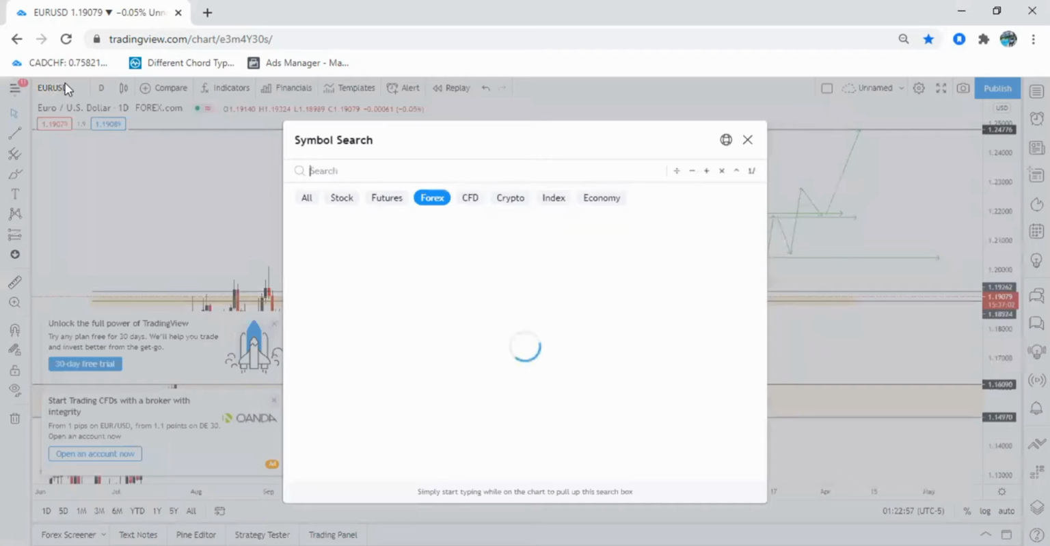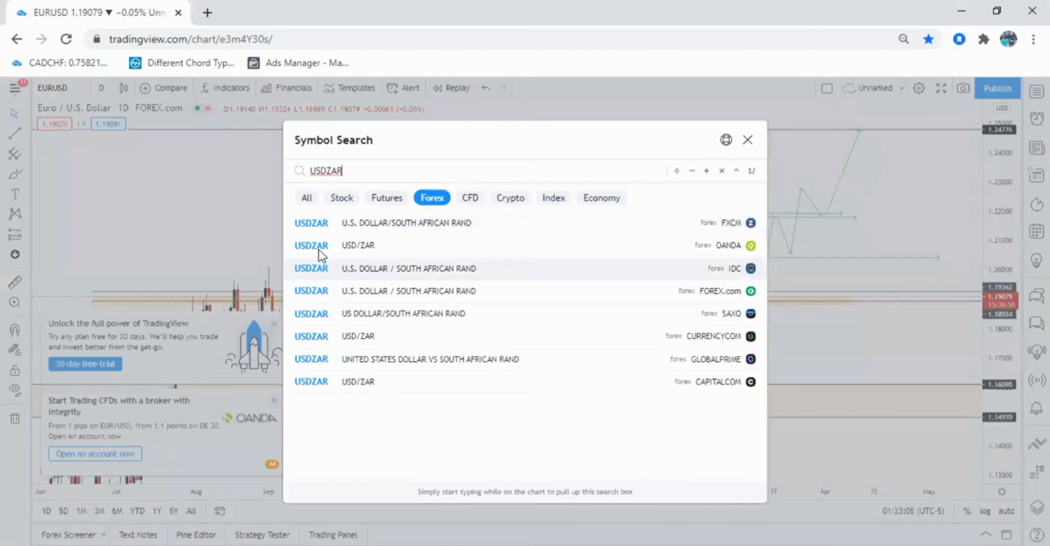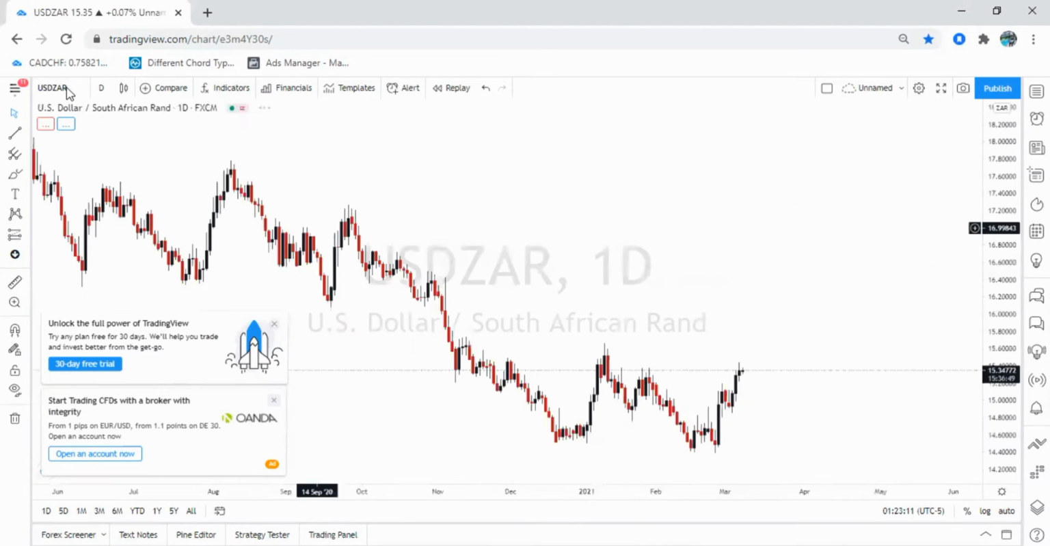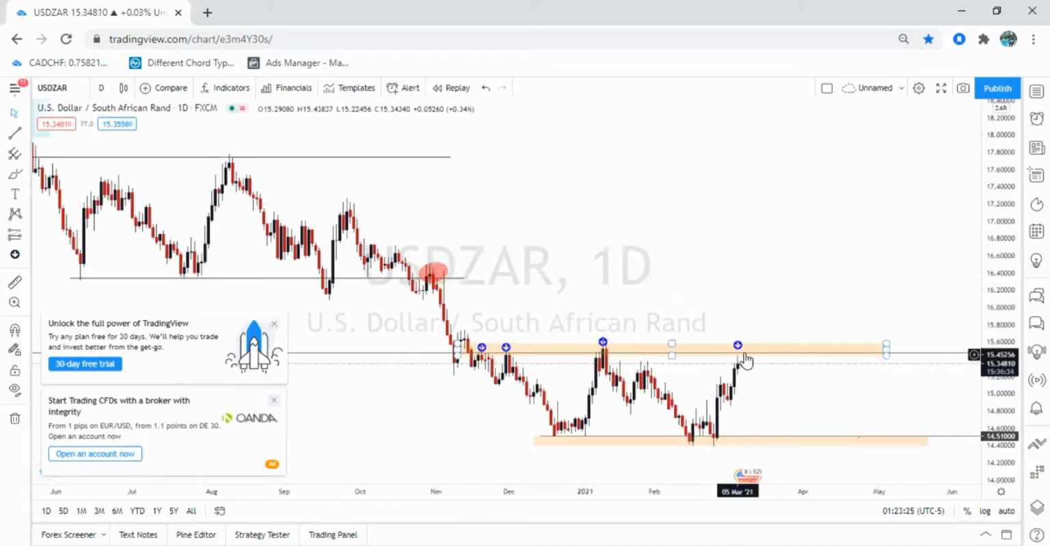So the next pair we're going to be looking at is USDZAR. USDZAR, the same thing. I said we must take a trade here to the upside and then we can sell. So for those who didn't see that analysis,